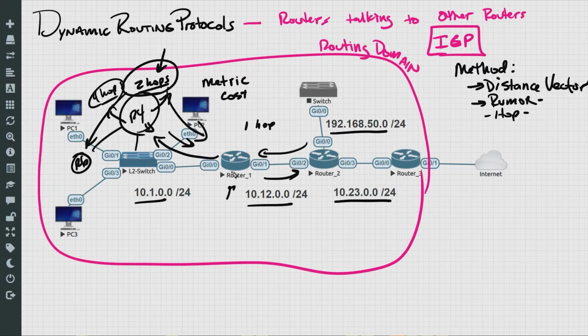And the rumor part of this is that R1 is not directly connected to the 192.168.50 network. R1 heard it from R2, and here R4 has now learned it through R1. So I consider it routing by rumor because R4 doesn't have direct and immediate knowledge, from the horse's mouth, regarding that network. We're simply passing along information about networks across our network topology